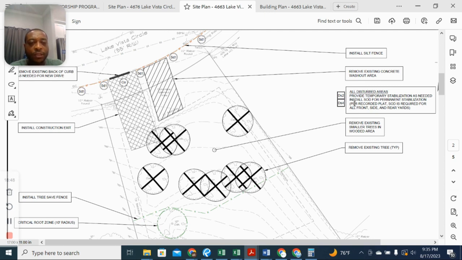On this plan, notice this: install sod for permanent stabilization, and this is very key. I'm gonna tell you why. Right here, install sod for permanent stabilization. Per recorded plat, sod is required for all front, side, and rear yards. Some people build a house and they think they can put seed and straw around the house and allow it to grow, and then they don't have to pay for that expensive sod. That's not the case. In some cases, you could do that. But in DeKalb County, okay,